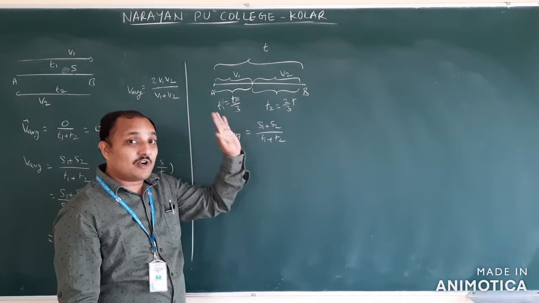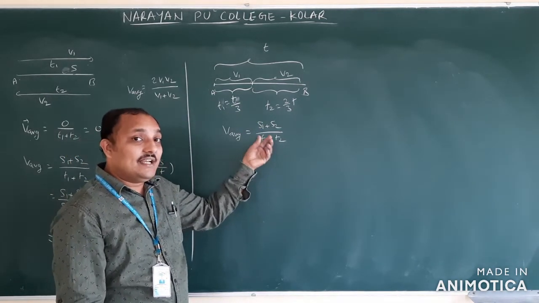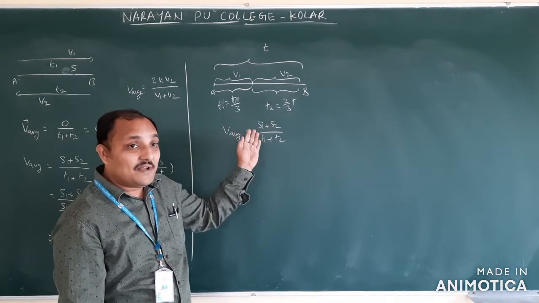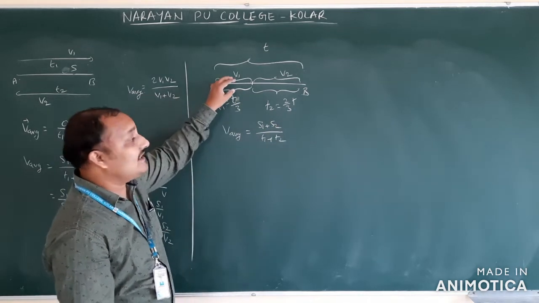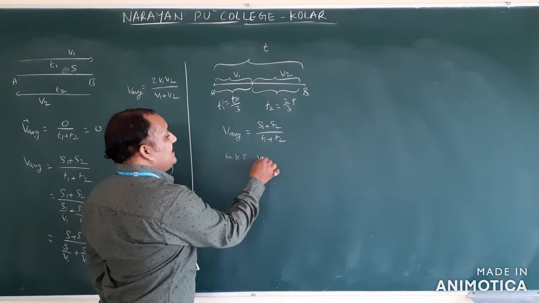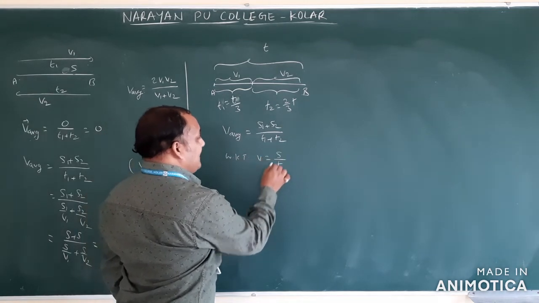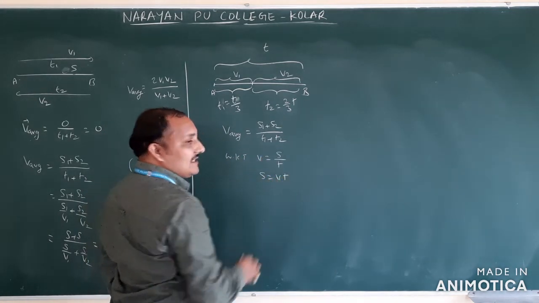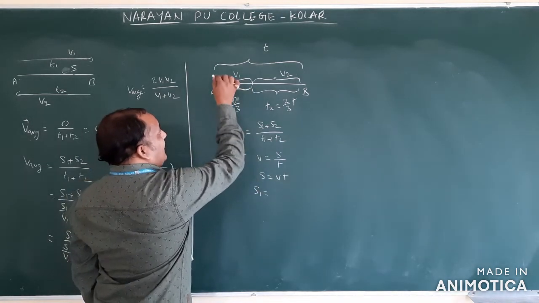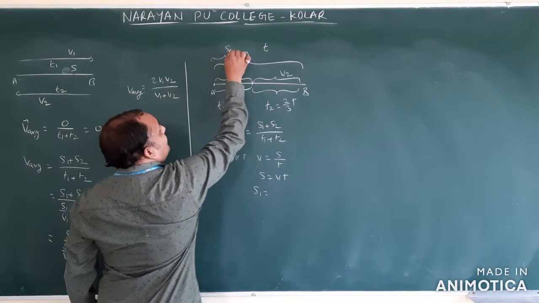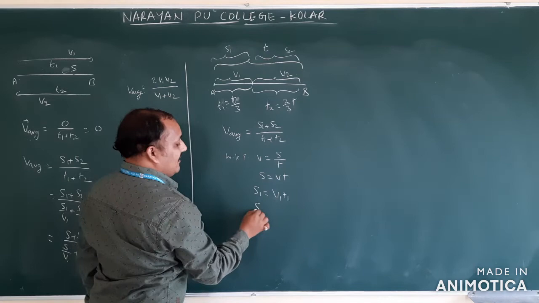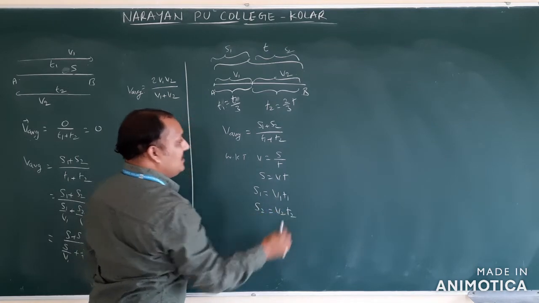Now we have to change distance in terms of velocity. In previous equations, what we did? We changed time in terms of distance and velocity. Now we have to change distance in terms of velocity and time, because in the given data they gave velocity and time. So we know that speed V is equal to distance by time. Then distance is equal to velocity into time. Now S1 means from here to here, and the remaining is S2. S1 is nothing but V1 T1. S2 is nothing but V2 T2.